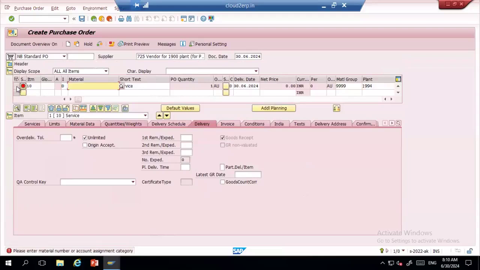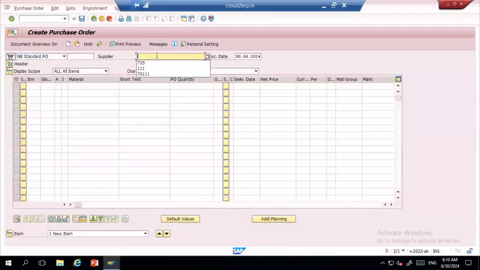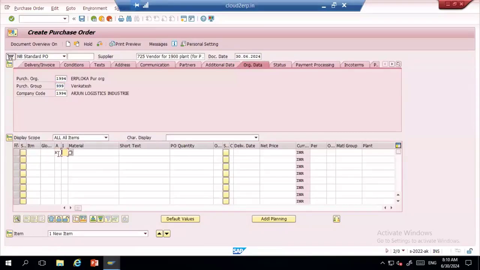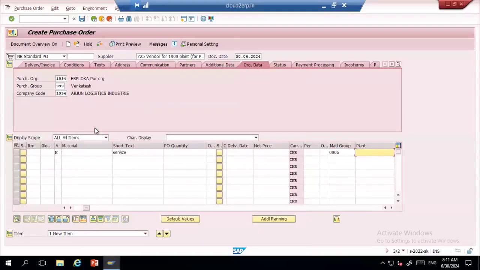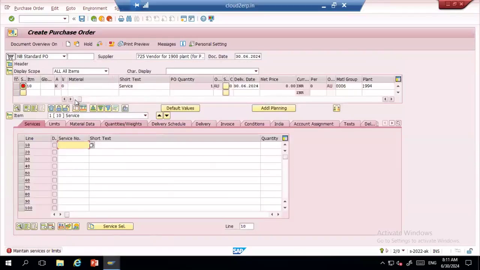Okay, this one is an account assignment. So let me go and create it again. Supplier, purchase group, account assignment K. K is nothing but cost center. So short text and the material group. Plant is this. Enter. When I enter this account assignment K and the item category as D, system will give